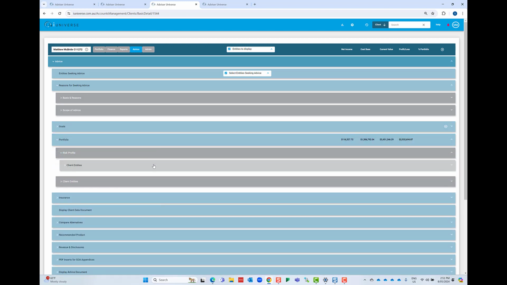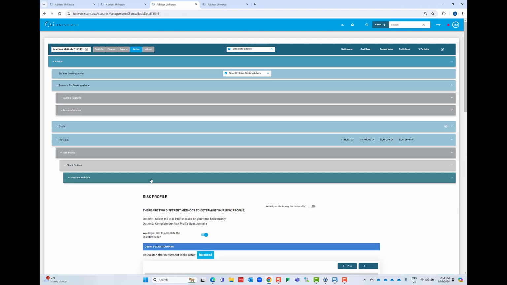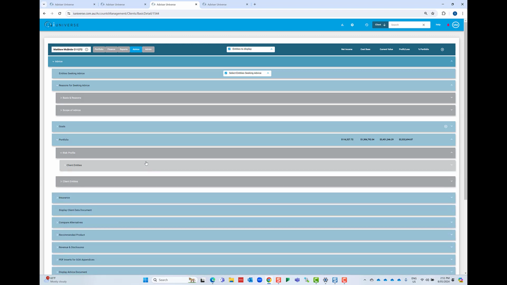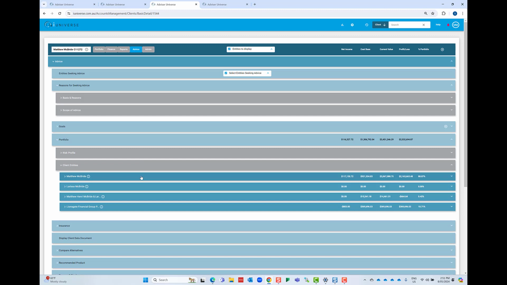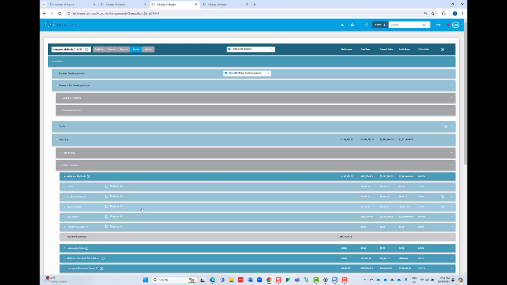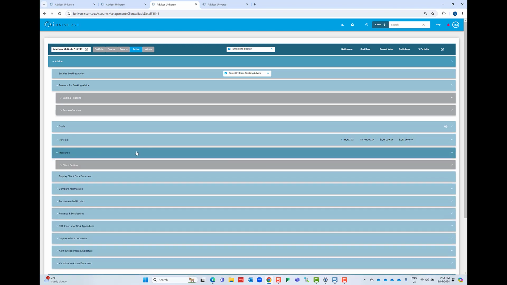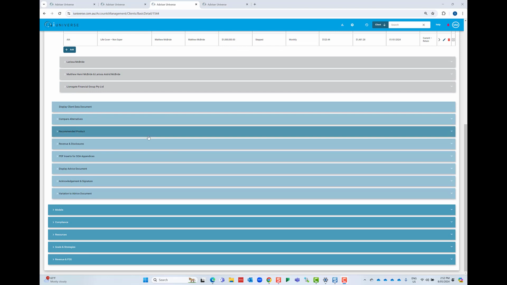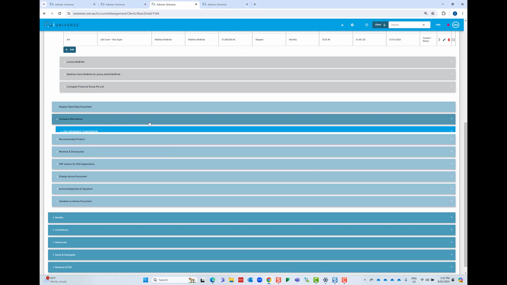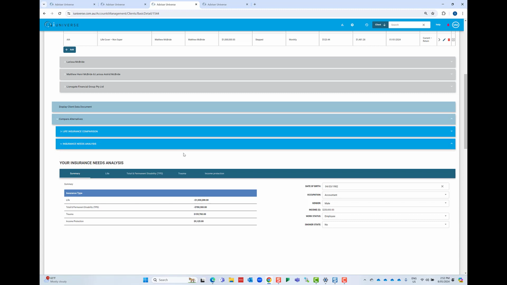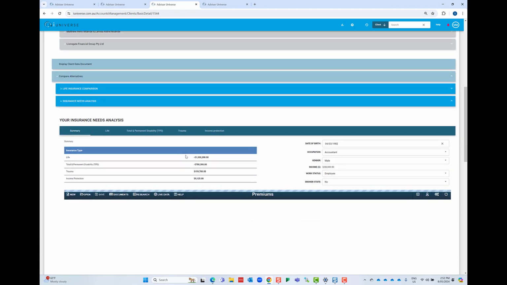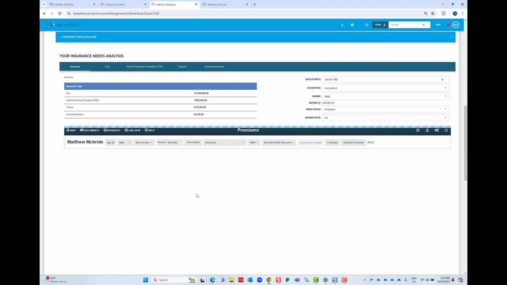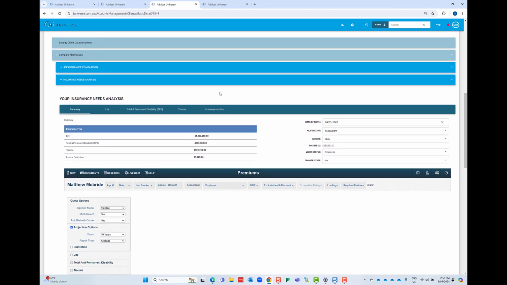Your portfolio covers the risk profiles of the entities selected. You've also got the financial positions of the different entities, which will be used in the advice. The insurances, the ability to do a generic client data document. We've got the ability to perform insurance needs analysis with quoting software from OmniLife. We've got the ability to do modelling